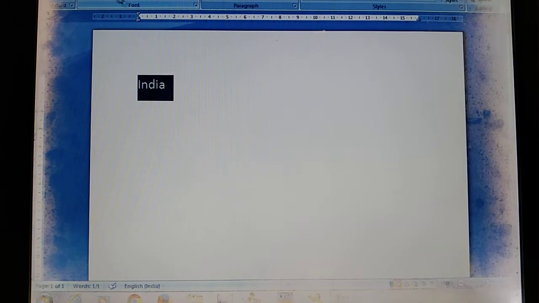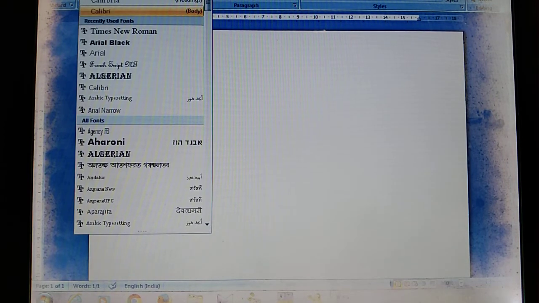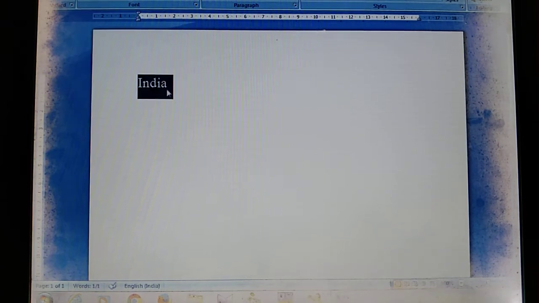Look again, it is the font group. Inside the font group, here are some different kinds of font face. Suppose I want to apply it from Calibri to Times New Roman. Look at here, it is the text format of Times New Roman.